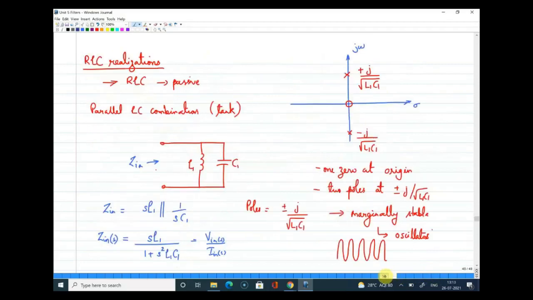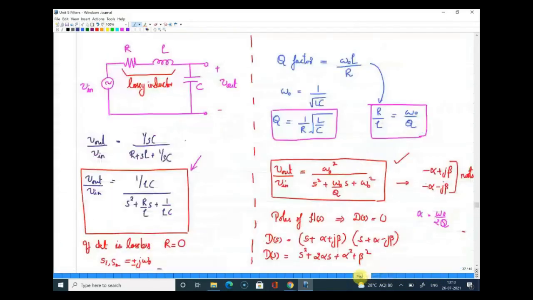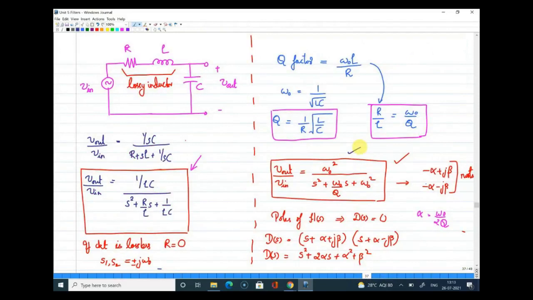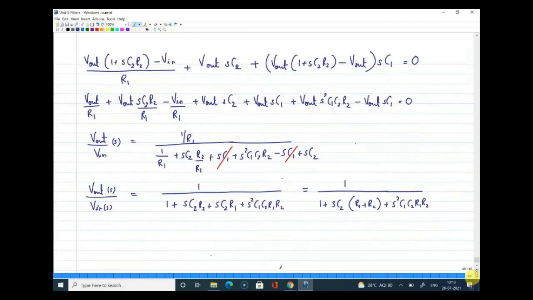I think you remember we had a second order generic function, right? Yeah, this form, omega naught square by S square plus this one. If I want to write the second order transfer function we got now in this form, that also we can do. How will we do that? So V out of S divided by V in of S is equal to, I'll just take the coefficients R1, R2, C1, C2 from the denominator and bring it here, R1, R2, C1, C2. Then I'll get the denominator term S square because what I want is in the form of S square plus that form.